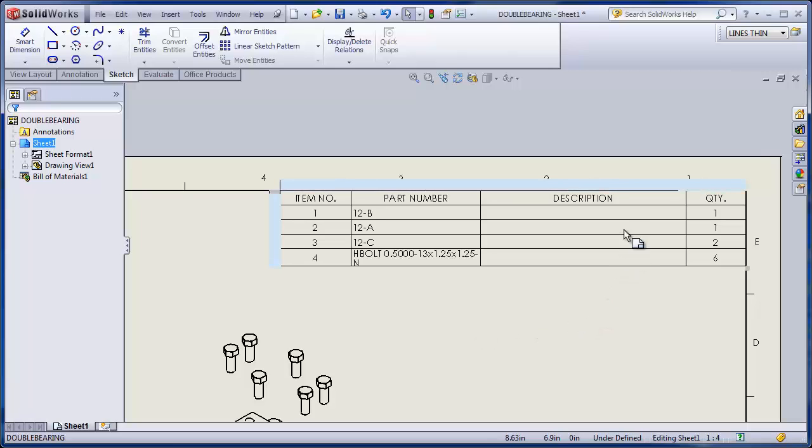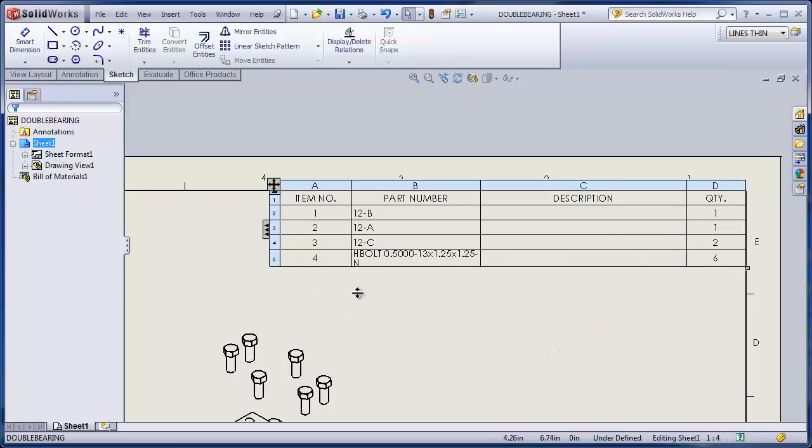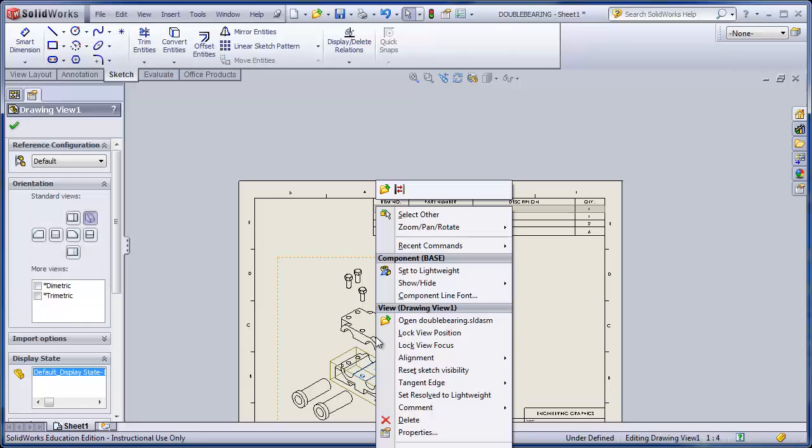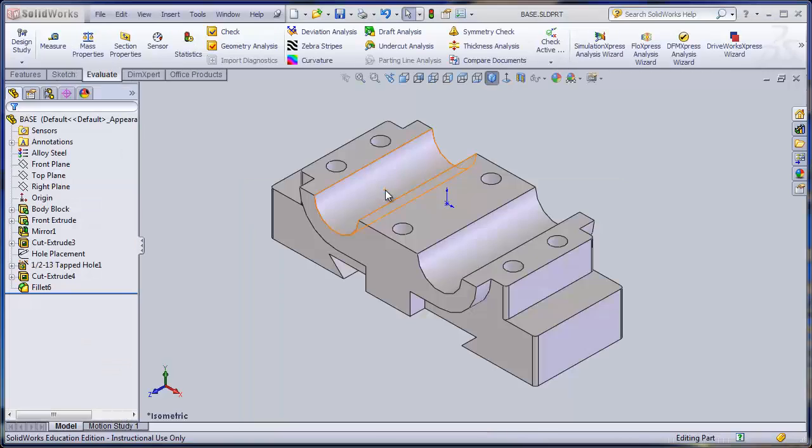And notice that by default I have an item number, a part number, a description, and a quantity, and the description field is blank. And so to add descriptions, which are a custom property, I need to open the part and edit the description in the part, and so SolidWorks has a database behind it that stores that information for me. And so the easiest way to do this is open the part through the drawing, right click on it, come up to the top and say open part, and then the part opens, and then I'm going to go File,